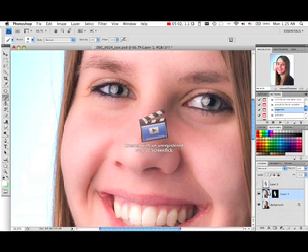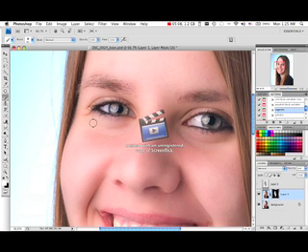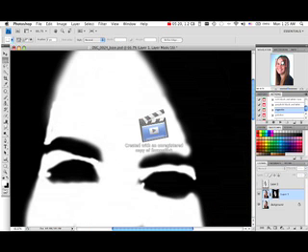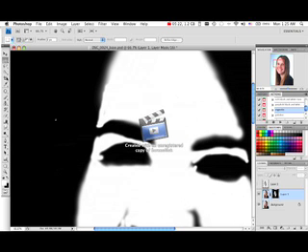And what you can do, if you want to see whether you got everything, because sometimes with this brush you think, oh, maybe I got everything, you can hit Option or Alt, and you can see this layer. It looks kind of scary, but basically what you want to do is take your brush,